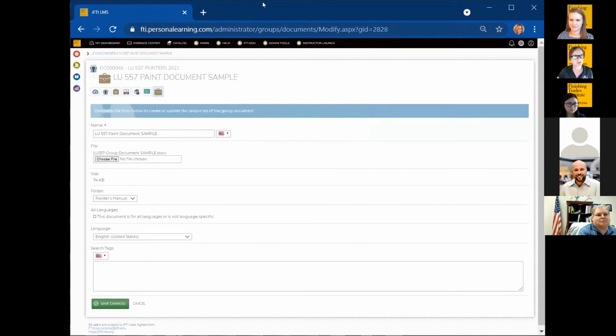So a little bit different use of the groups. Might need to think about it a little bit, but definitely managing your members in this group. And that group is what's assigned to the learning path. So your learning path won't have, you notice there weren't any people in the learning path. So the people come from the group.